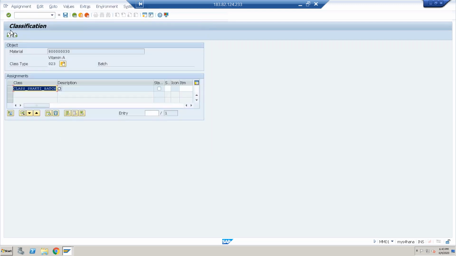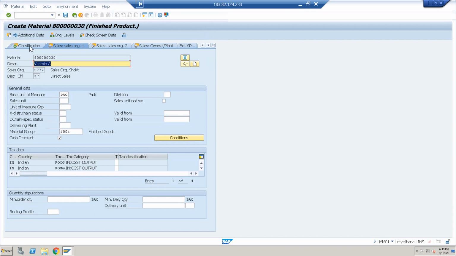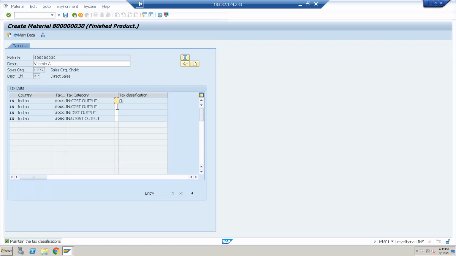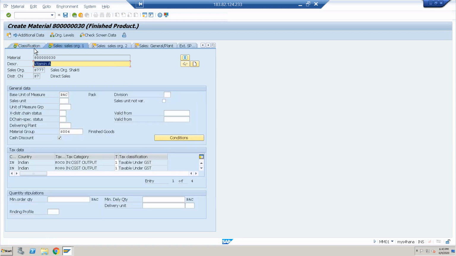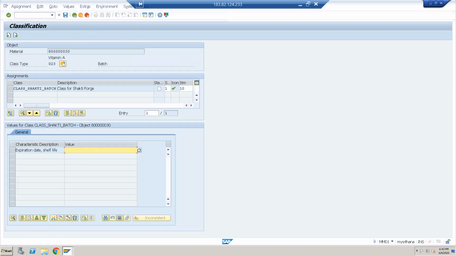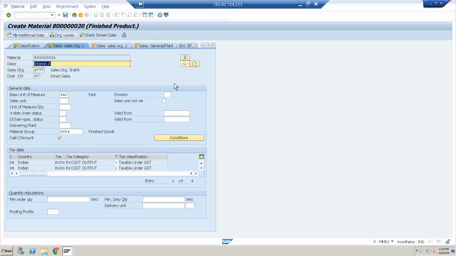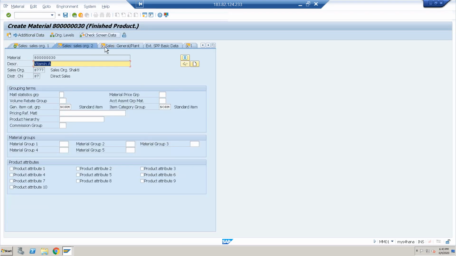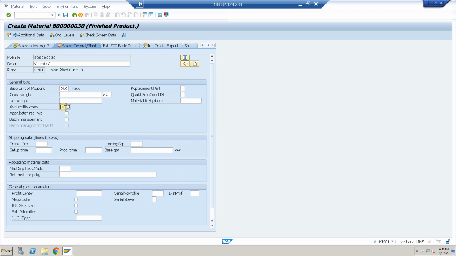This is the class. You can check here, no need to enter anything. Validation in availability check, that is yes. In this we'll run the MRP also.